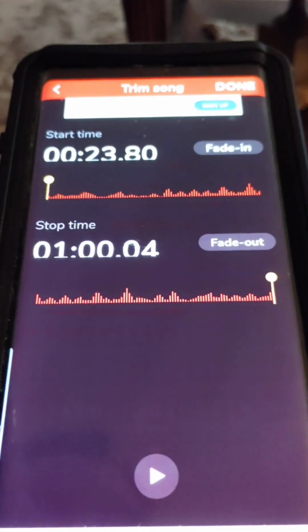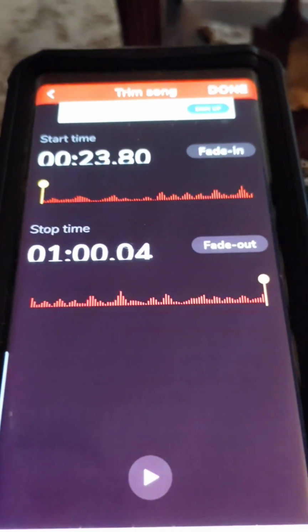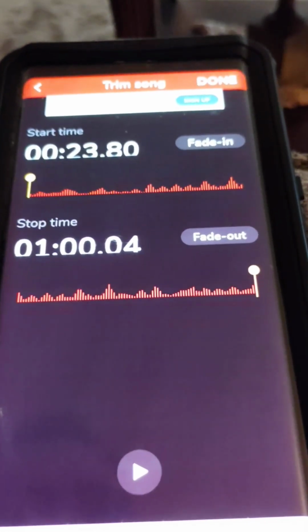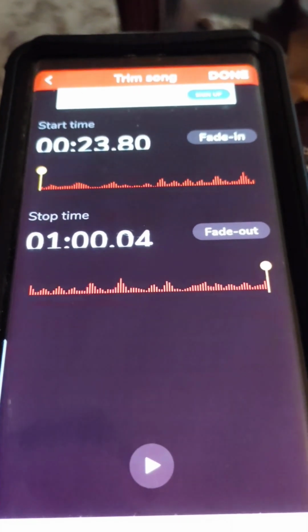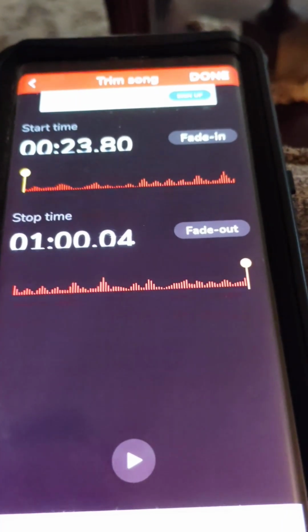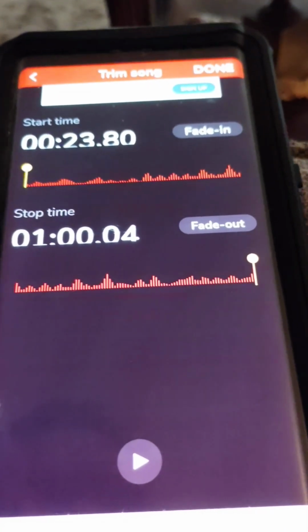37 seconds long. Okay, so I'm going to make up the difference on my pictures in a second, so I can fill in that whole first verse. That's the first verse I want to use in my short. That's what I want to get out there. Okay, so